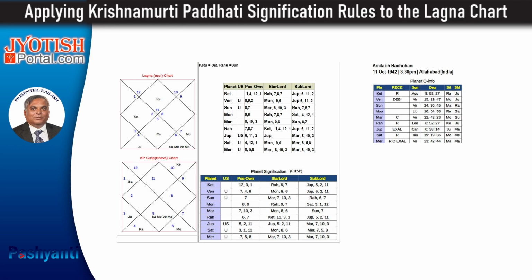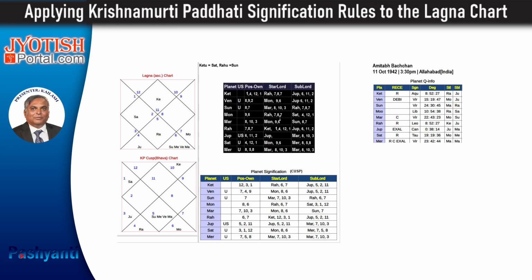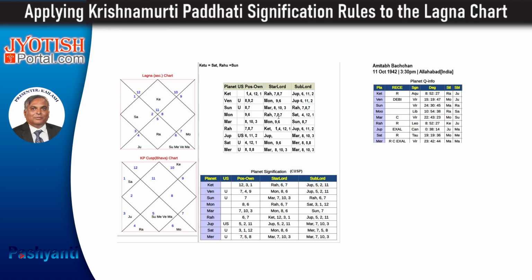So in that case, if the Lagna has not changed, if suppose the confusion in the time of birth is such that even if the Lagna is 1 degree or 20 degrees or 30 degrees, if the Lagna has not changed, then we can prepare the list of the significators using the Lagna chart, because the planets are not going to move at all. So the star lord and sublord is not going to change.